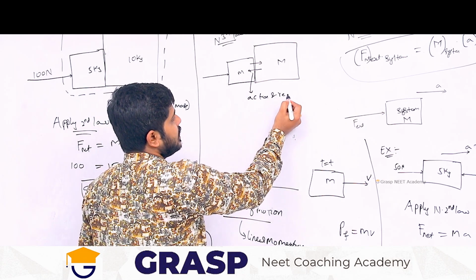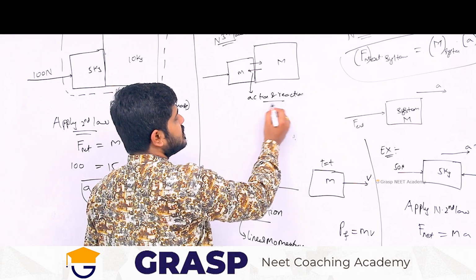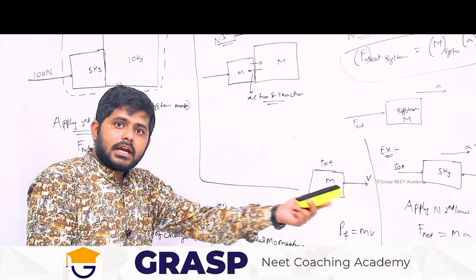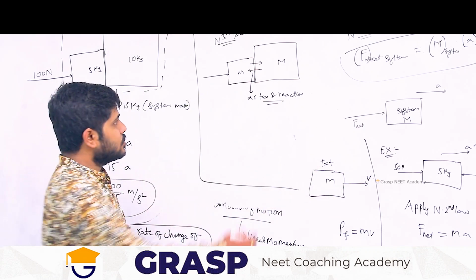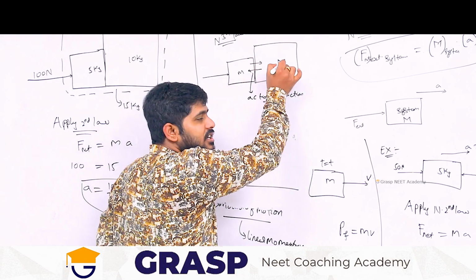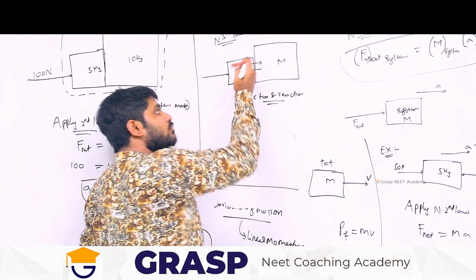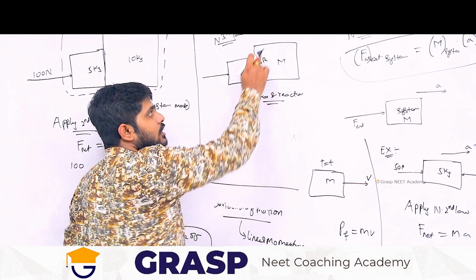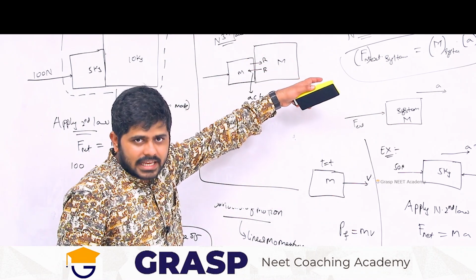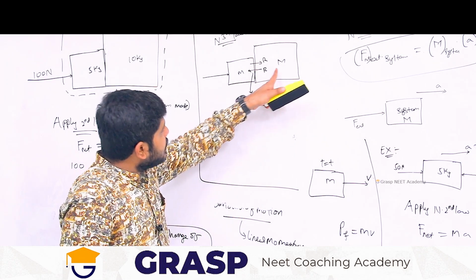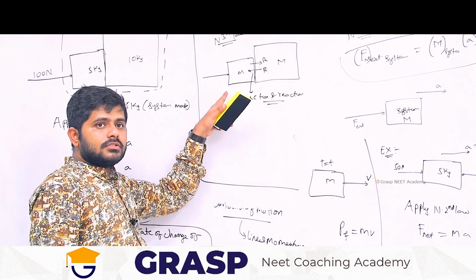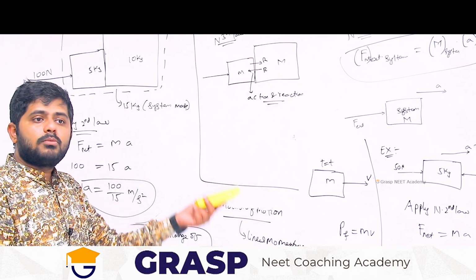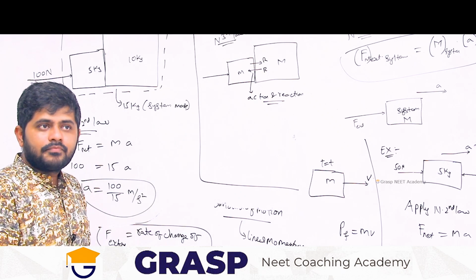Action and reaction. So in Newton's third law he said, for every action there is an equal and opposite reaction. However much action is given on this capital M, the equal amount it will give oppositely. If you assume a reaction R, R amount of force is given on the capital M, and the same R amount is given by capital M on small m in the opposite direction. So for every action there is an equal and opposite reaction. That is what he gave.